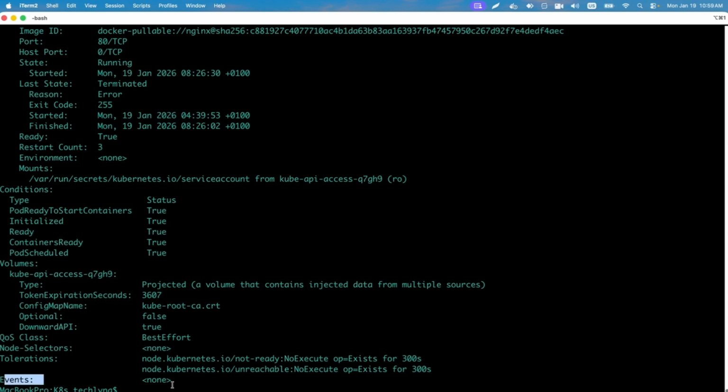Here it says none, which is not a problem. What it means is that something probably happened before, but it has refreshed. So the status of the pod is healthy, and there is nothing to see here. Sometimes, under events, you are going to find some errors, for example, which will point you to the reason why you are experiencing an issue with your pod. So this is one of the basic commands that you could use when you are troubleshooting your